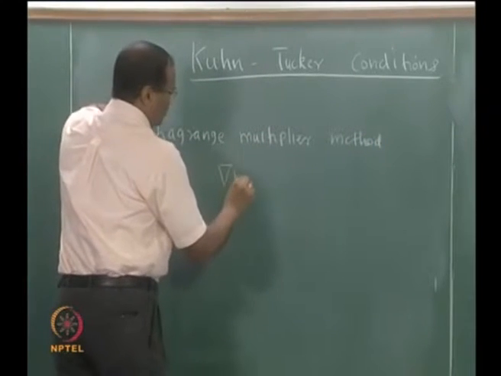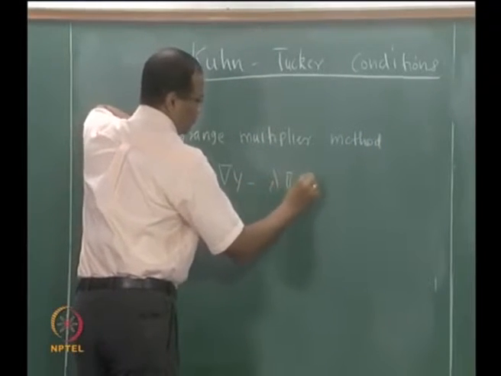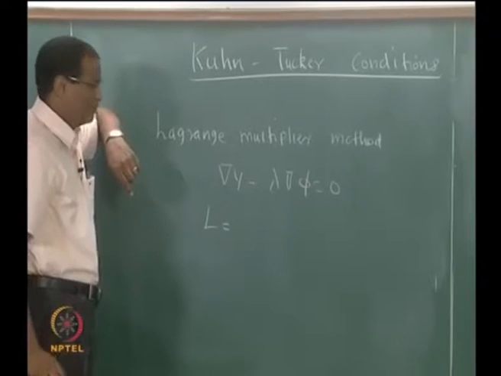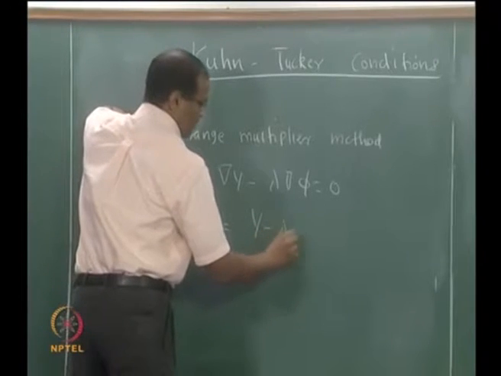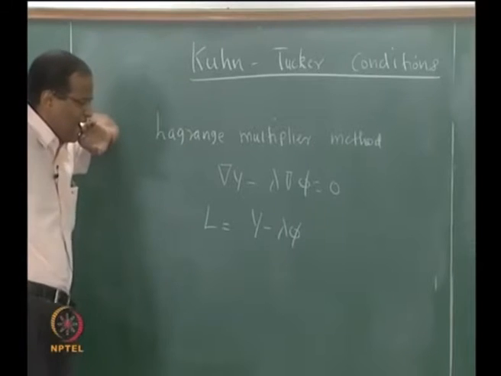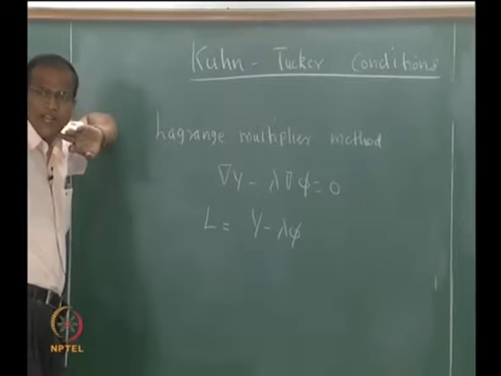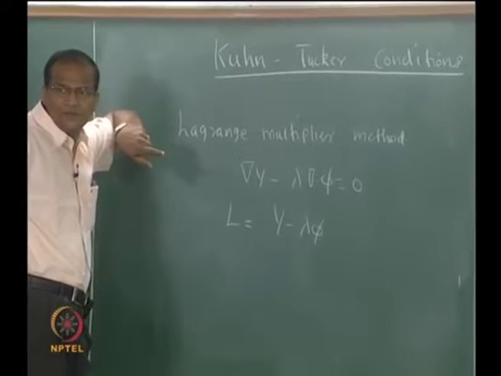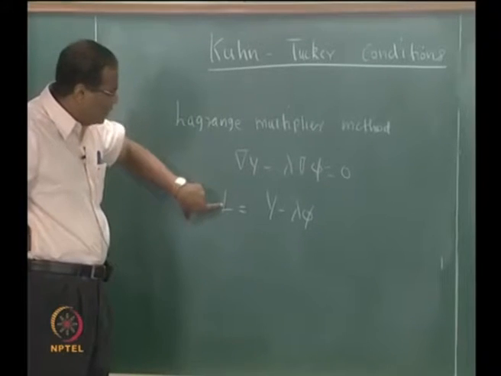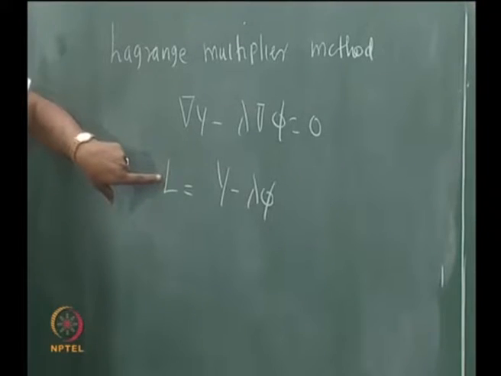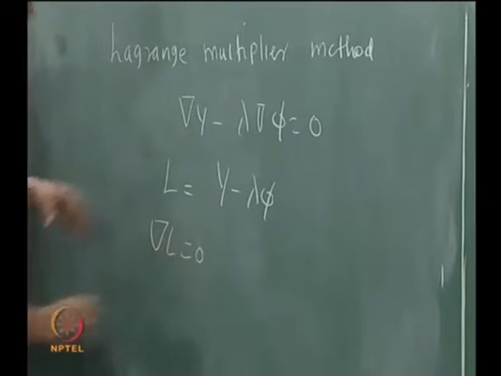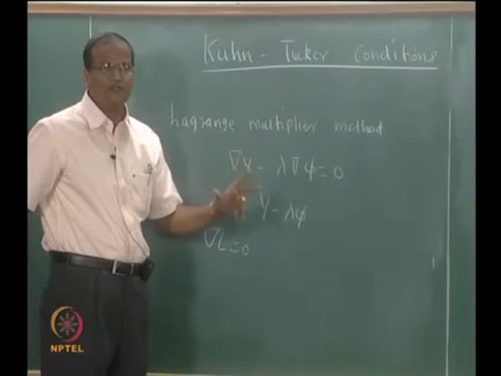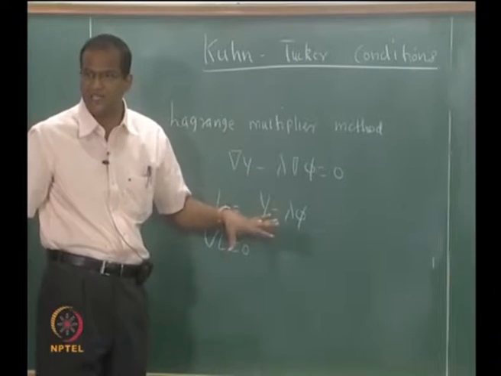So we are actually doing, it is analogous to defining a function L which is y minus lambda phi, and we are trying to make it stationary, okay. Then you could solve for del L equal to 0 and you will get all the answers in terms of lambda, and technically it is possible for you to fine tune the value of lambda such that you get realistic solutions.